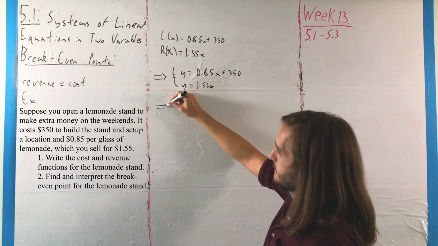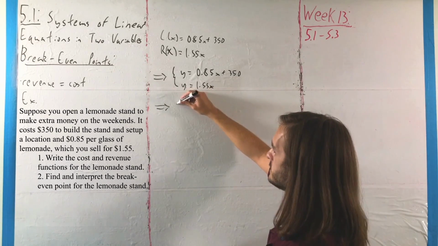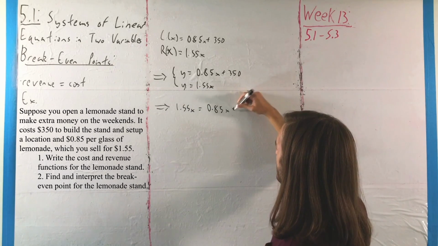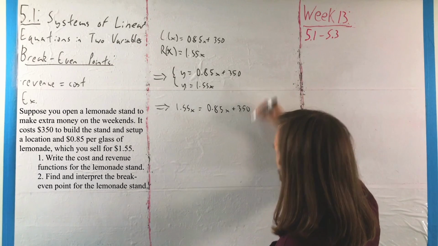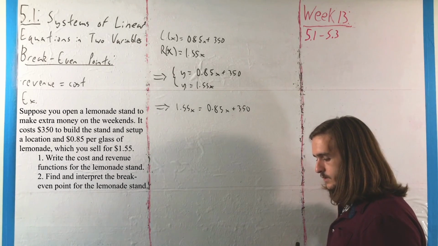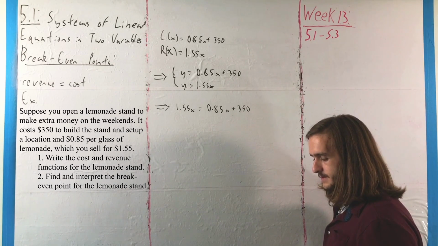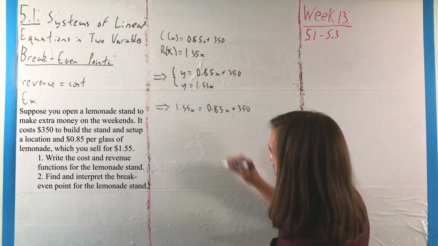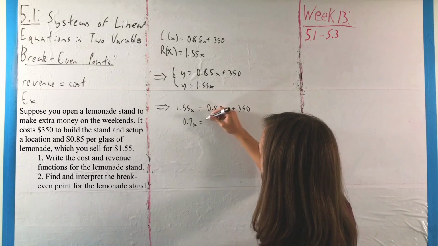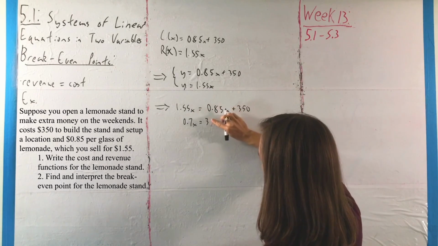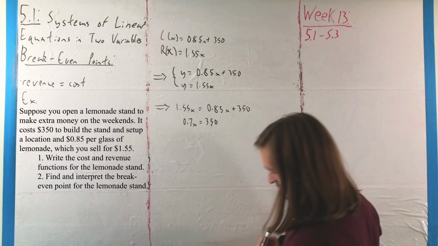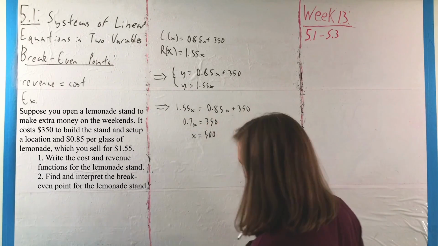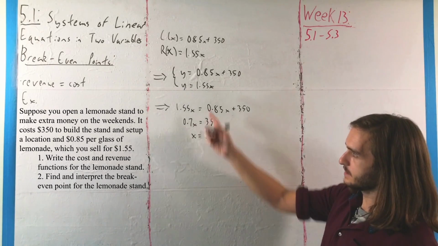So our system, via substitution, very directly implies that 1.55x has to equal 0.85x plus 350, or if we move our terms around just a little bit, we would have 0.7x is equal to 350, or dividing out the 0.7, x is equal to 500,